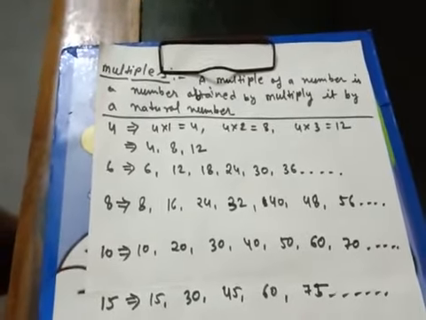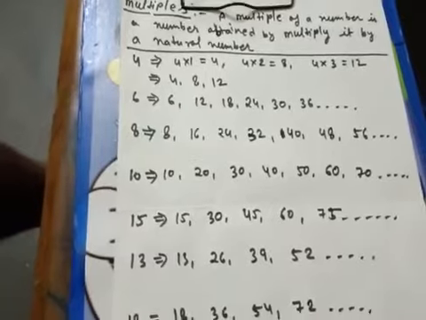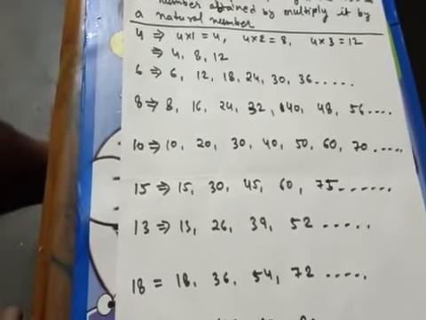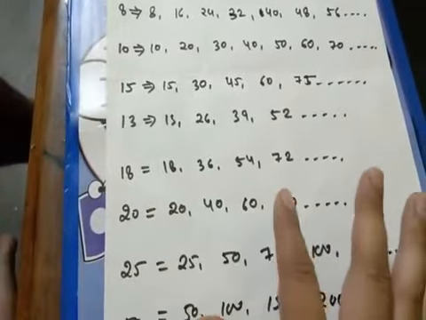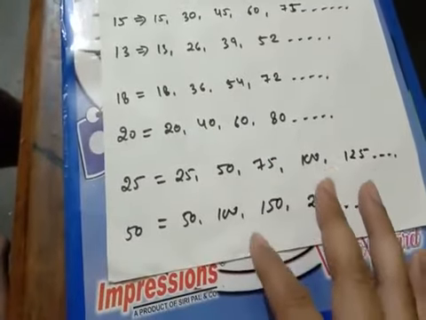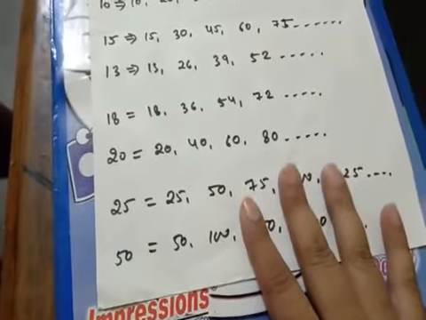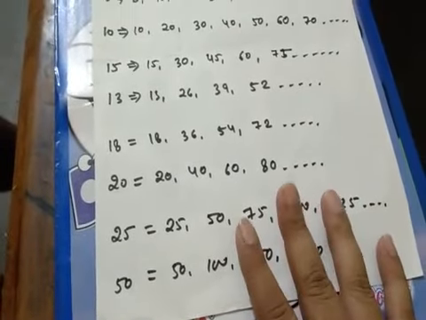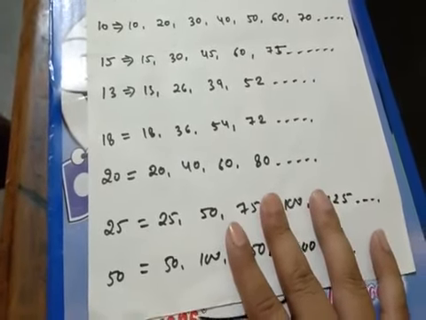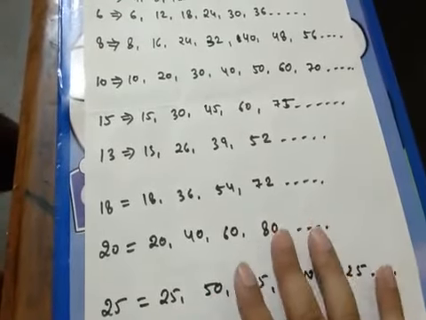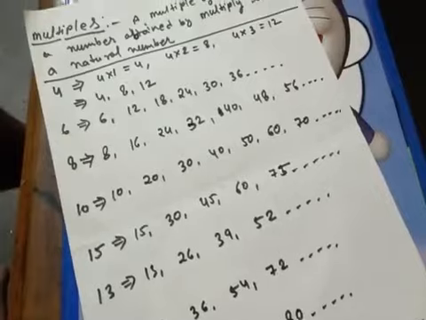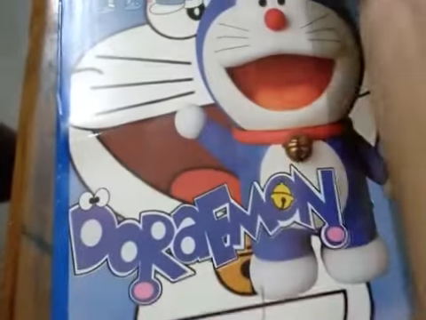Now what have we learned here? We have learned to obtain multiples of any number. To obtain multiples of any number, just multiply the given numbers so that we can have the multiples. Multiples are many in number. It is infinite, meaning it can continue as long as we multiply. There is no limit for the multiples.